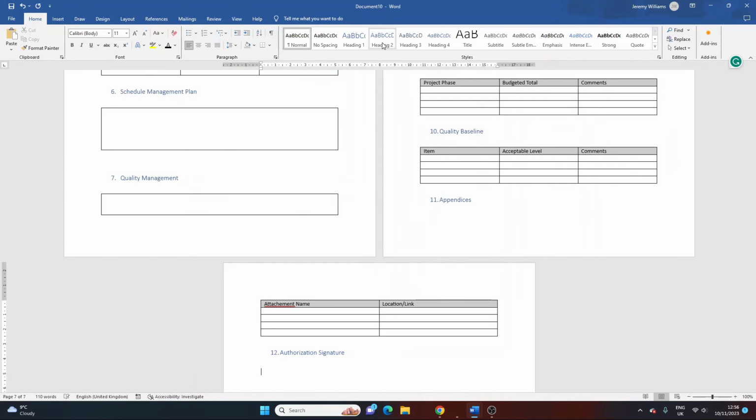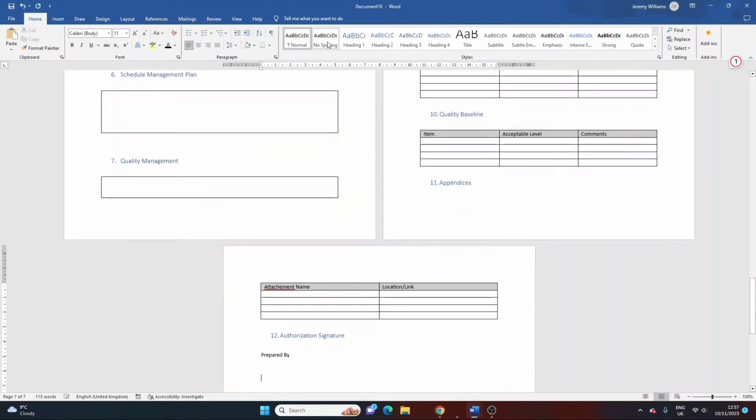And this is all about really talking about who prepared the document. So I'll just put this in as normal for now. Who prepared the document? You could put something like, so let's put this in bold. We'll go name and title, and if you go above here and then create a line like that, then